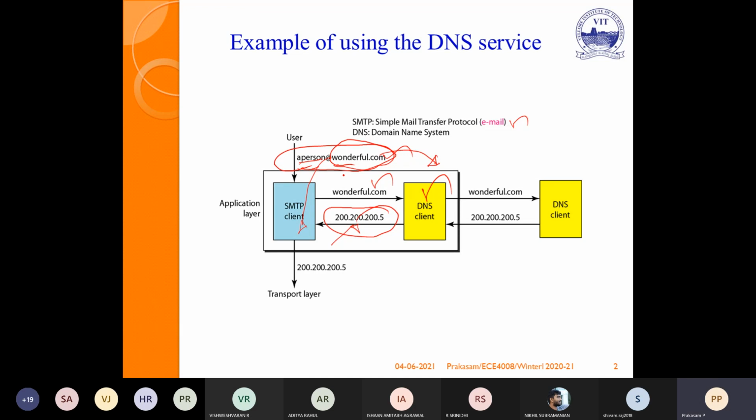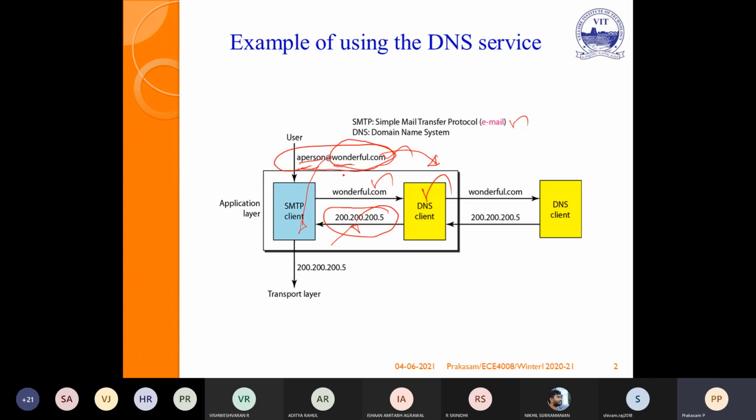So for unique identification, any domain will always be represented using only an IP address in the backend. Now if I want to send a mail, the SMTP client will get the respective IP address from the DNS client for further processing for wonderful.com or gmail.com.